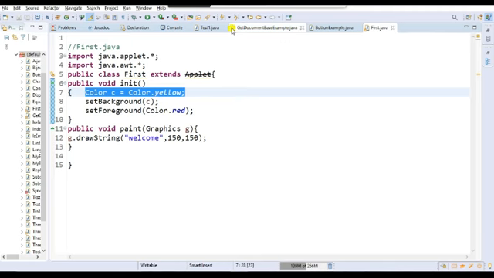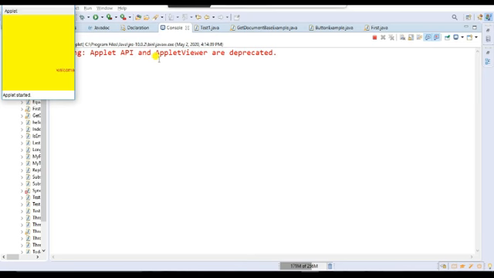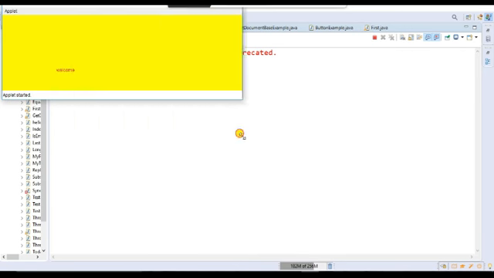So let me execute this code to see the difference between the first one and the second one. Let's check. Here I get the background color of this applet as yellow, and the foreground color of the text welcome is red.